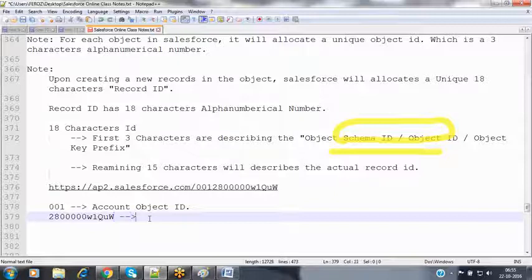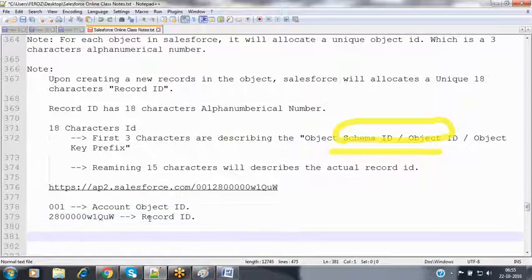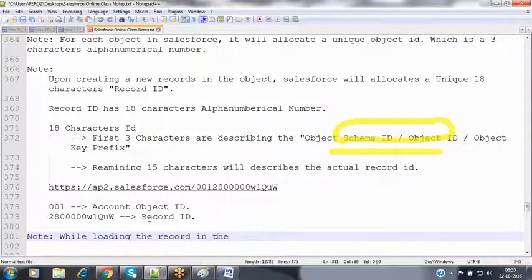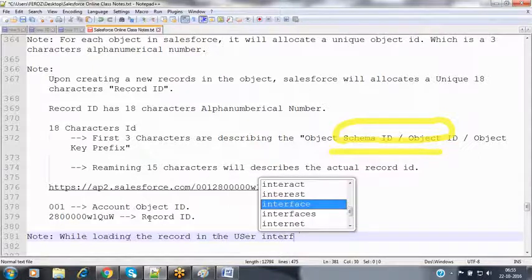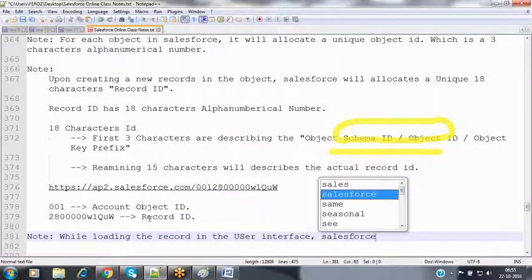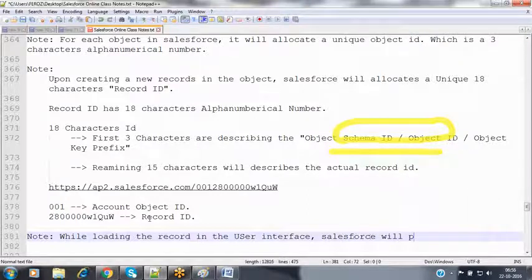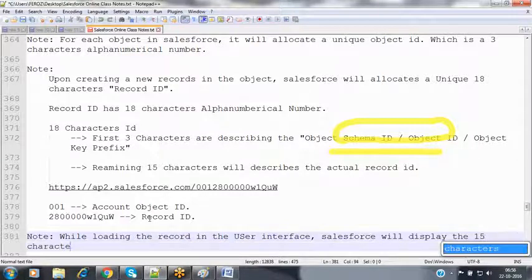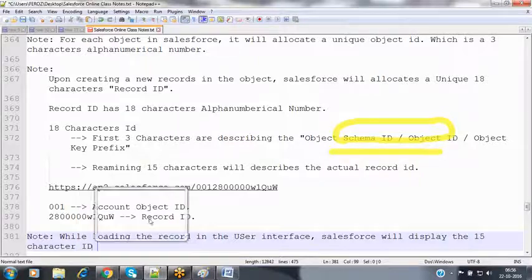This is that record ID. Now we can make a note of it. While loading the record in the user interface, Salesforce will display the 15 character ID of the record in the URL.